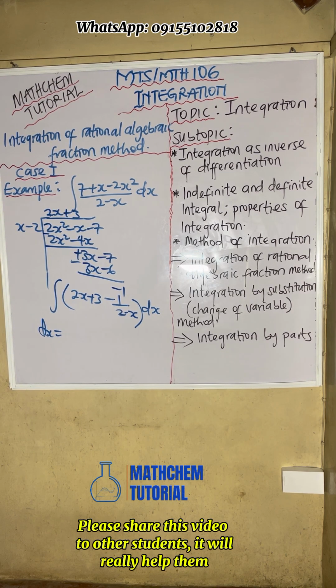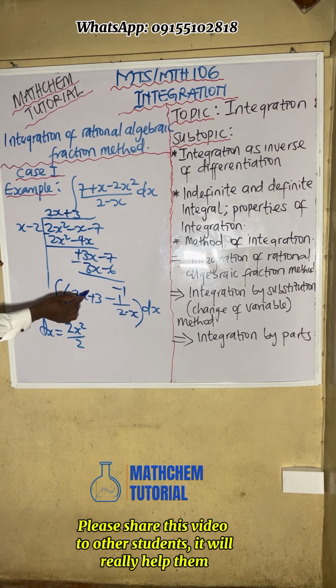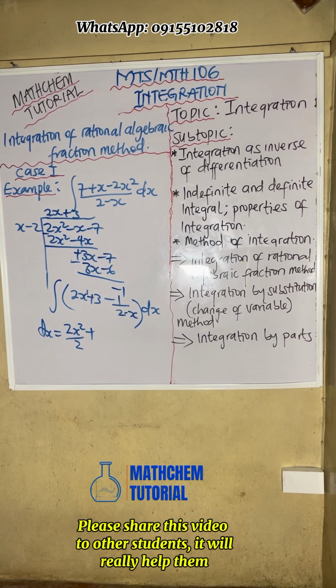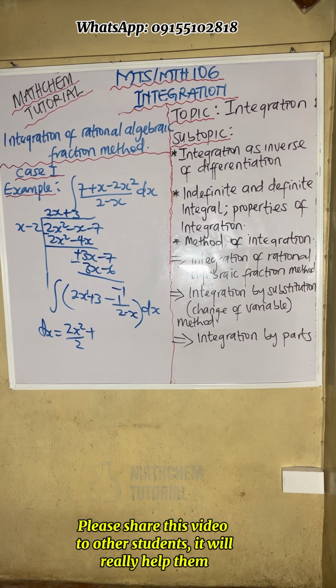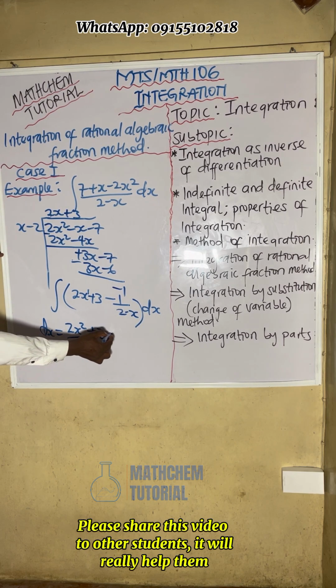For those that have watched part A, you understand what I'm saying. So it's going to be in the form of a power rule, and for a power rule, the integration is going to be 2x squared over 2. How? This thing has the power of 1, so 1 plus 1, that's 2, over 2, plus this 3. If you integrate 3 with respect to x, that will be 3x, based on the constant rule. For those that watched part A, you understand this. So that is 3x